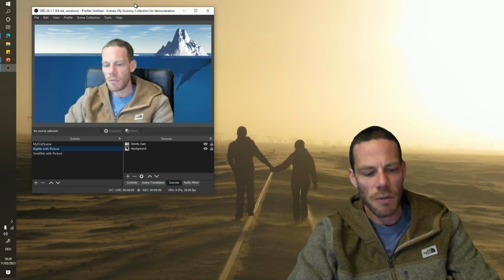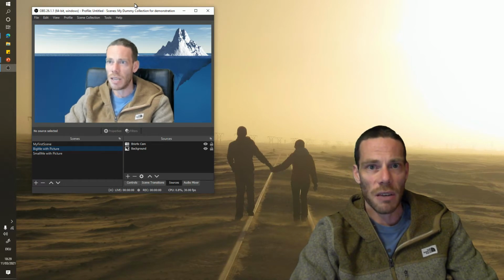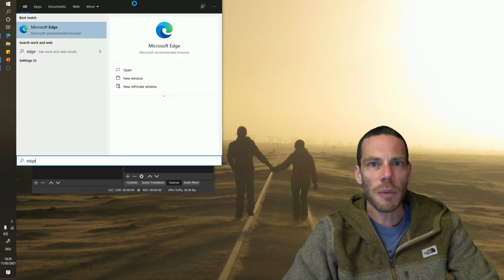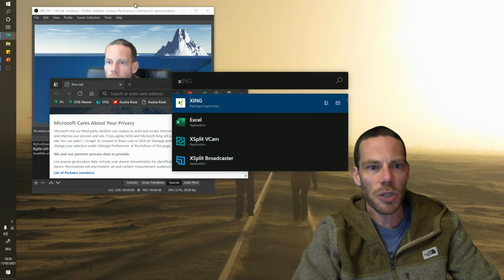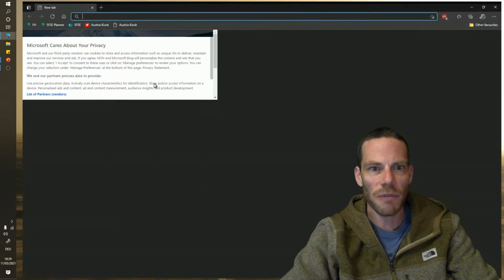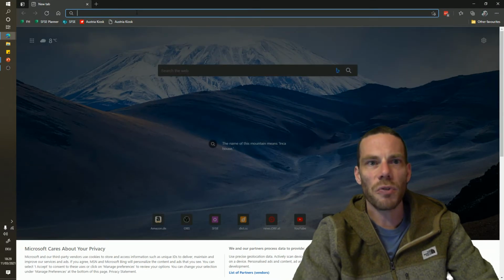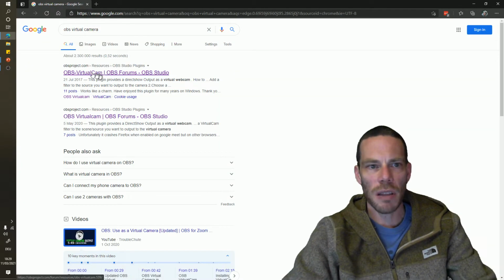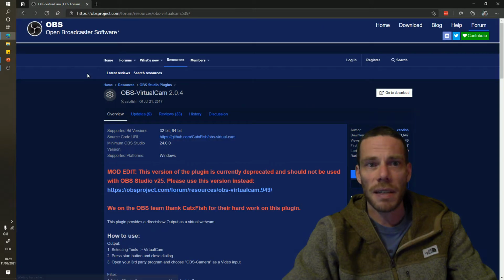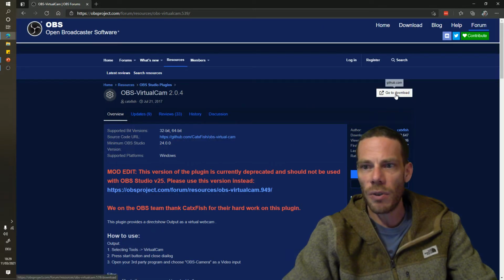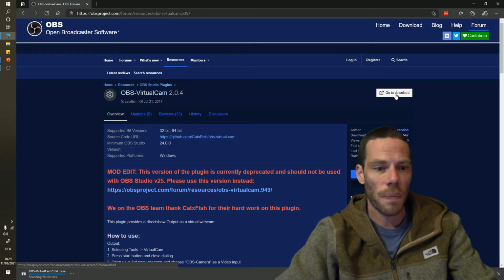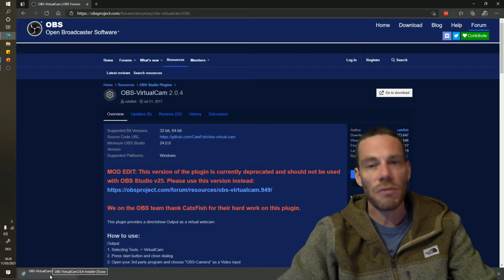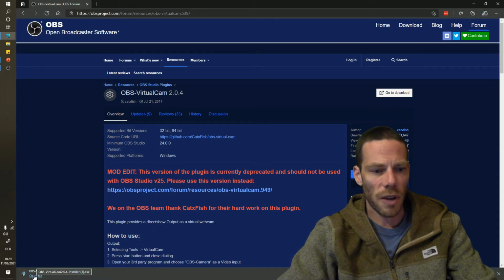For that reason, we need to download the virtual camera plugin first, which means we open the internet browser and we search for OBS virtual camera. The first hit already directs us to the OBS project page, where we find the download button, where you can download the virtual camera directly from the GitHub project. The download takes just a few seconds. It's not that big. Scan for viruses, open the file,